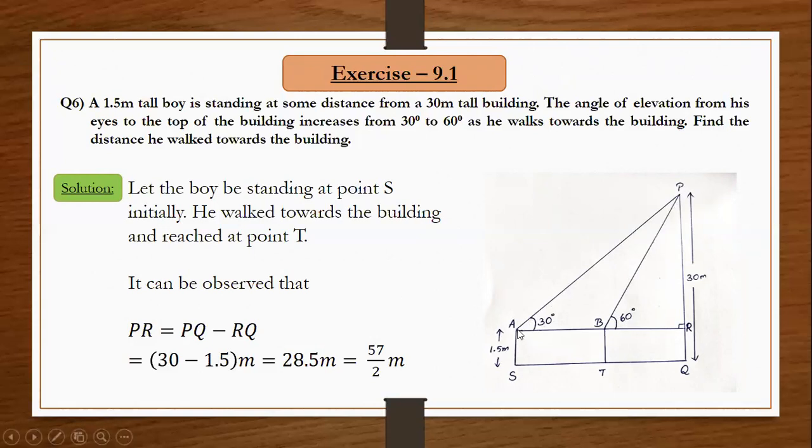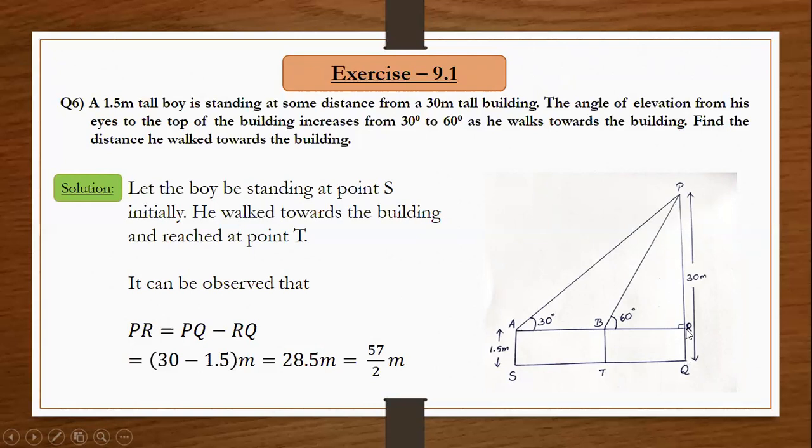So from S, he has reached T. So ST distance is what is asked. Not the whole distance. The distance he walked towards the building is the question. So ST we have to find. So now